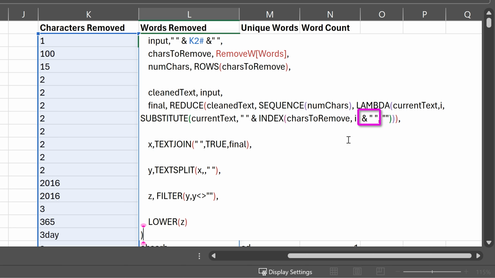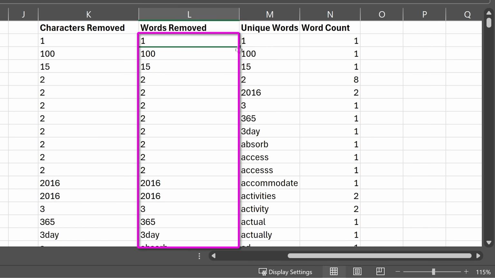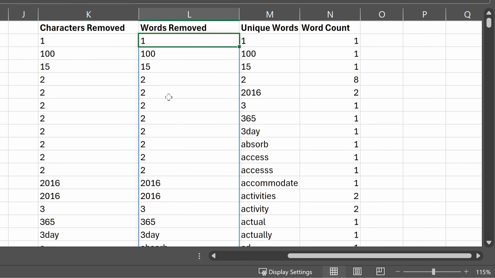But if I had just done that, the original text's first word will not have a space before and the last one will not have a space after. That's why I took the input of this K2, which is right here, added a space before and after, and now every word has a space before and after, and it just works flawlessly. Just to show you the difference, these are characters removed, these are characters plus stop words removed.